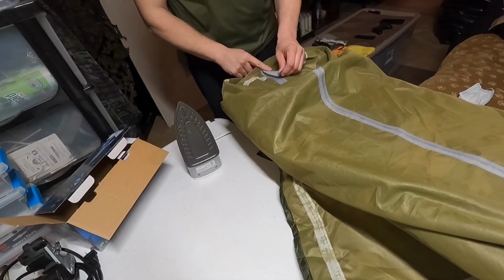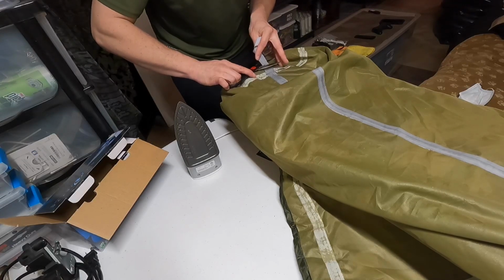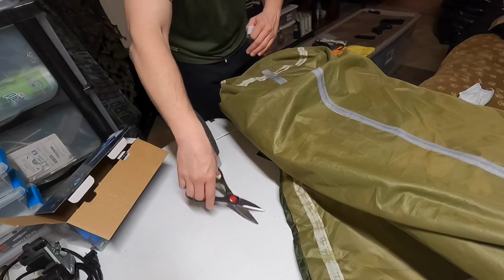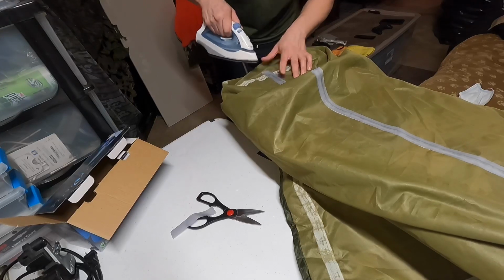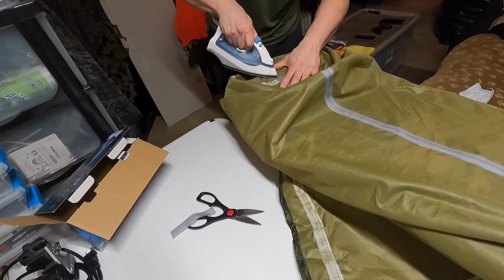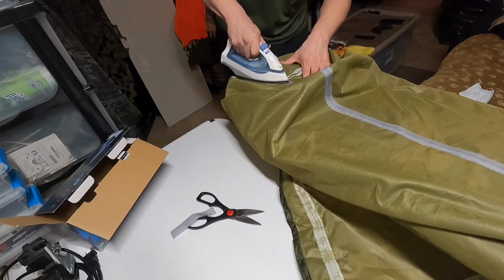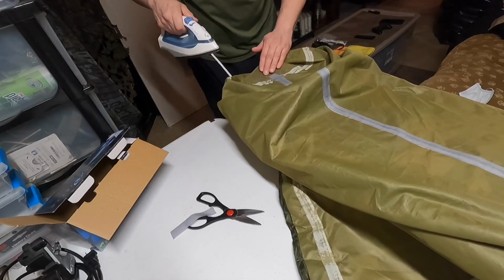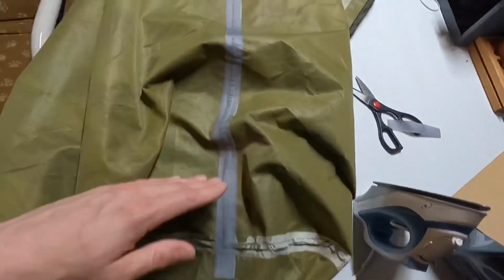Okay, I'm going to cut that very carefully. Well, there's the end of that one. Holds on really well. So that's the easy one. The rest are going to be a little more difficult. But